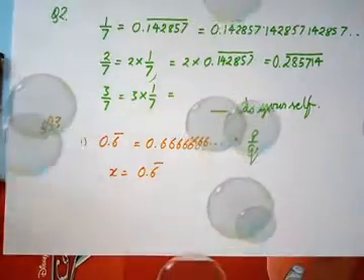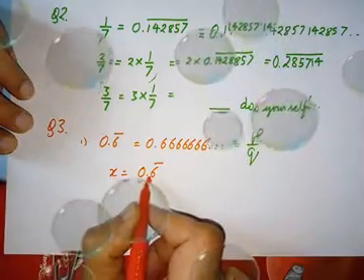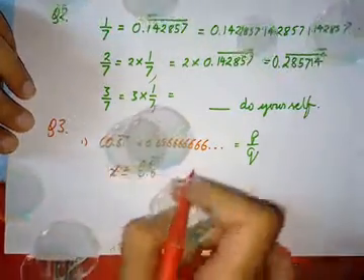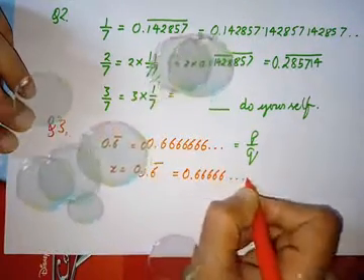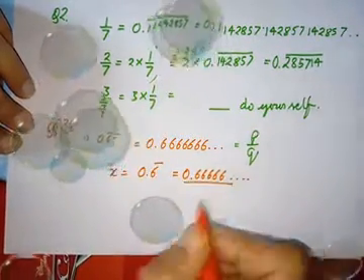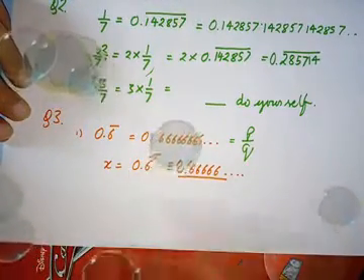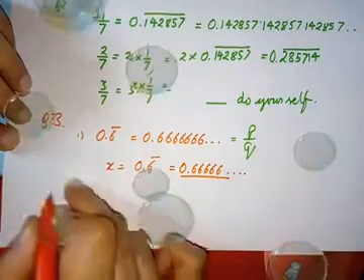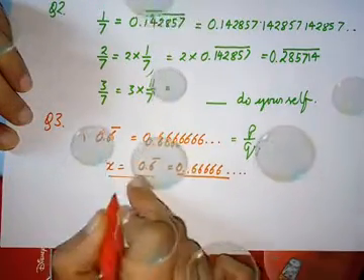So what have we taken? Let x be a rational number whose decimal representation is 0.6 bar, which means 0.66666 and so on. This I am writing only to explain to you. Otherwise you can write it in your notebook also. It does not make your sum incorrect. Okay, now I will multiply this equation. The main equation is this only. I will multiply this by 10.